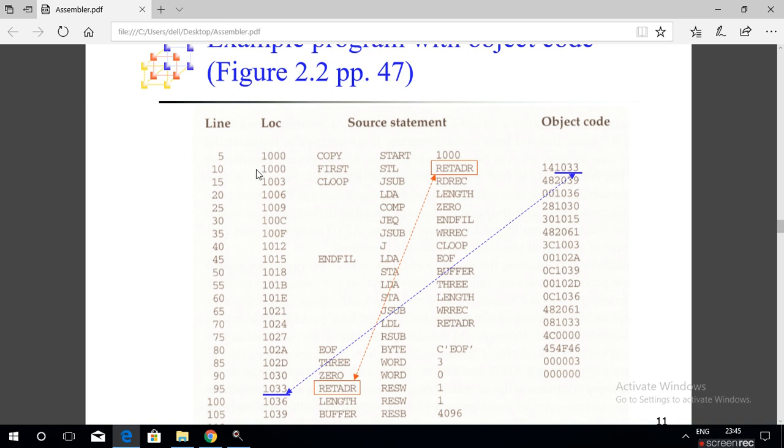Next, while opcode is not equal to END, go on reading the opcodes. While opcode is not equal to END, read the next input line. If this is not a comment line, then what you have to do is